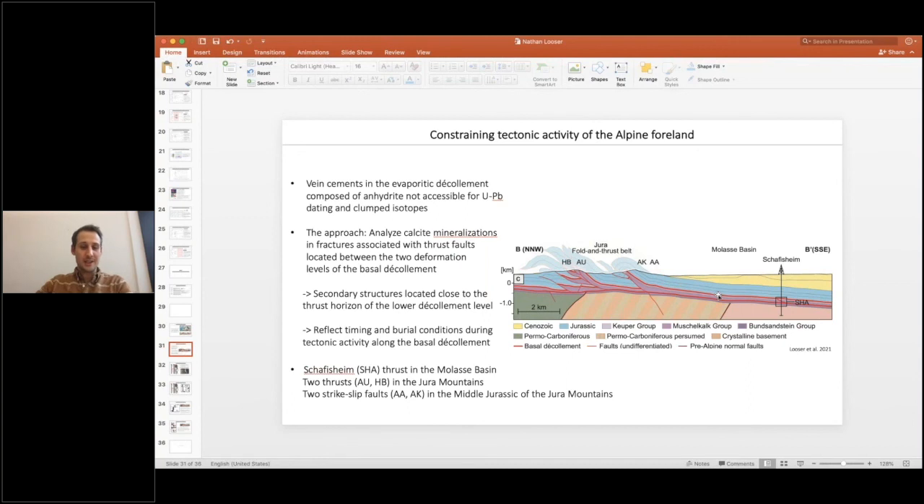Importantly, these structures that we analyzed, in case of Schafisheim and HB and AU, are secondary structures that actually branch off from the basal décollement, and therefore they reflect the timing as well as the burial conditions during tectonic activity of this basal décollement. So at Schafisheim,